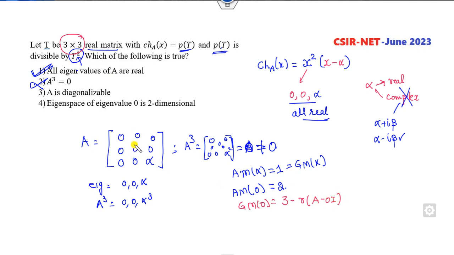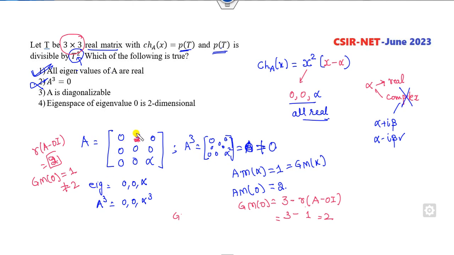So if I consider this matrix, what is the rank of this? It's 1. So 3 minus 1 is 2. So they are the same, but this is only one particular example. If I consider this number as, say, 2, for example, then what is the rank of A minus 0 I? There are 2 non-zero rows, so the rank will be 2. Then 3 minus 2, so the geometric multiplicity of 0 is 1, which is not equal